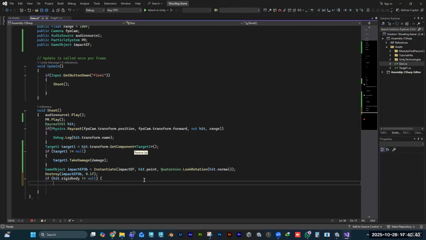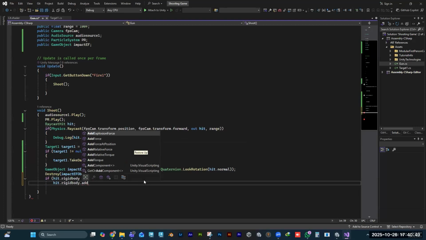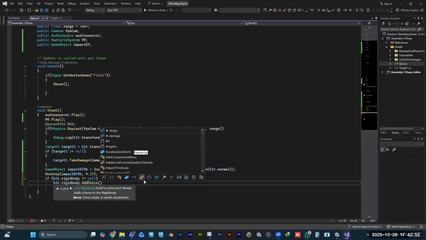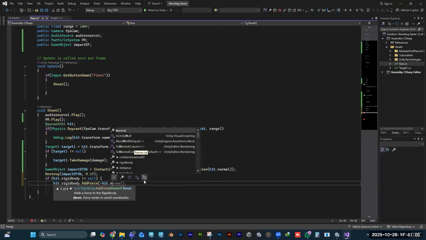So here, what I want to do, hit.rigidbody.AddForce, and between two parentheses minus hit, because I want the force to be in the opposite direction, .normal,